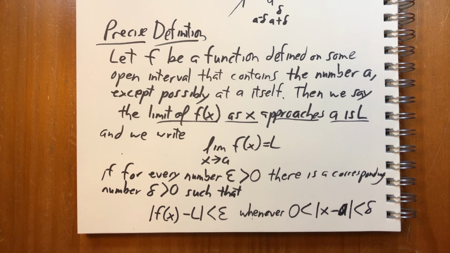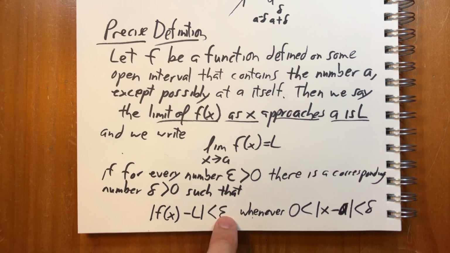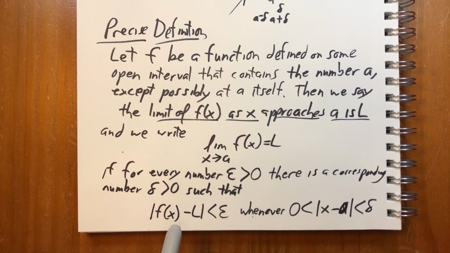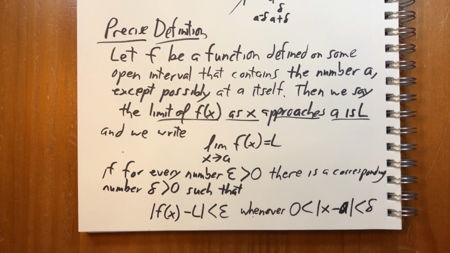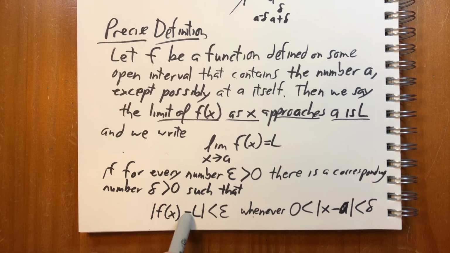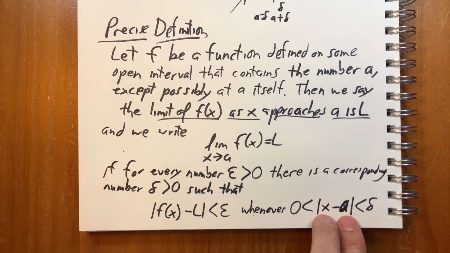And another way of saying this last line is that if 0 is less than the absolute value of x minus a is less than delta, then the absolute value of f of x minus L is going to be less than epsilon. So remember to always think of subtraction as the difference between two numbers, or the distance between two numbers. Because when you try to think about this as actual subtraction, it just gets confusing. What this means is that the distance between these two is less than this